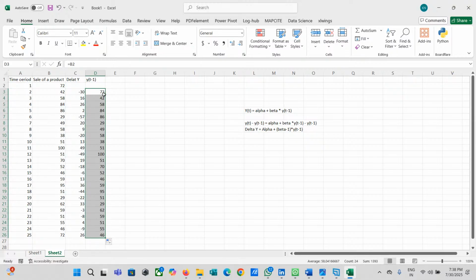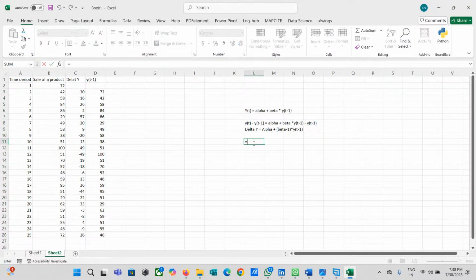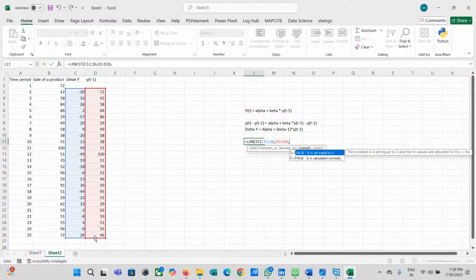I'm going to create an equation based upon this formula using a linear function. The known y is delta y, because that is our dependent variable. My known x is yt minus 1, which we have also seen.